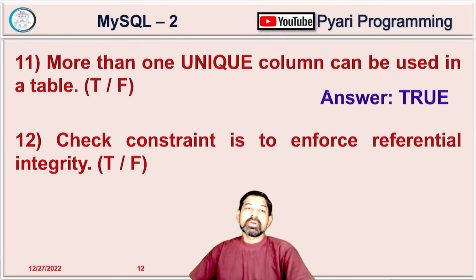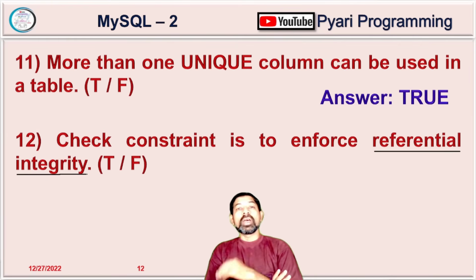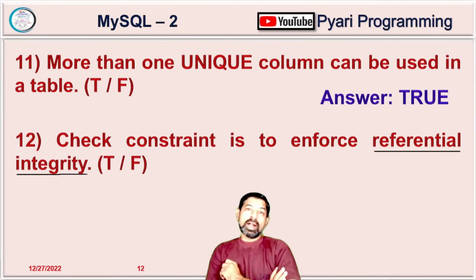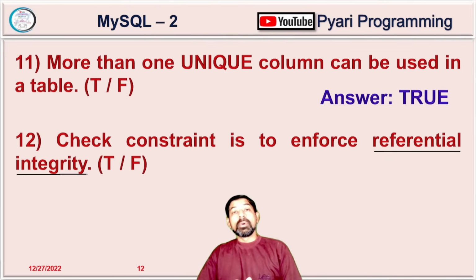Okay, so next one, CHECK constraint is to enforce referential integrity. Now what is referential integrity? If you understand it, then this will be the answer. Referential integrity says that when I want to enter a record to a table, it must check or refer to the table where we have the primary key. If the primary key is available, then I can insert the data. Another way to say it is that it is referring to the primary table to which it is linked, where we have a primary key. So obviously the answer is